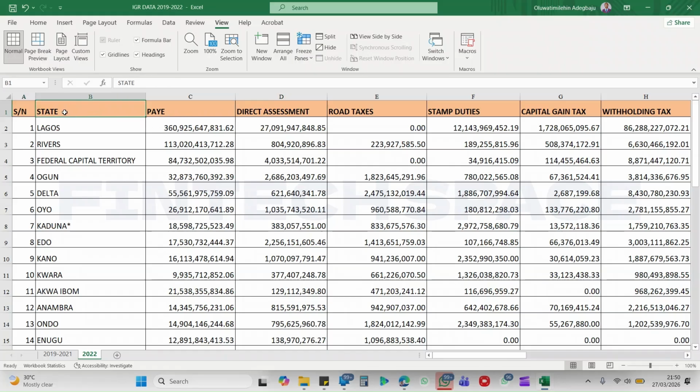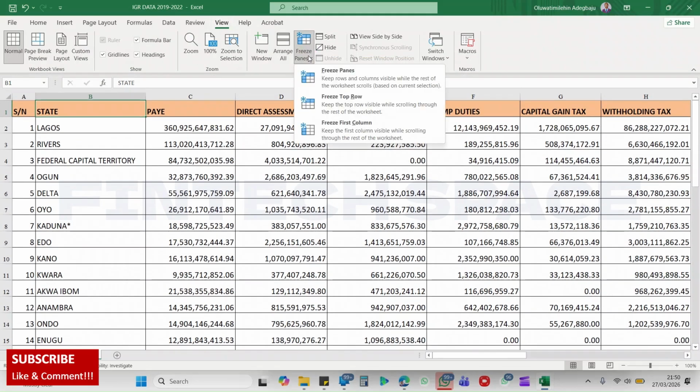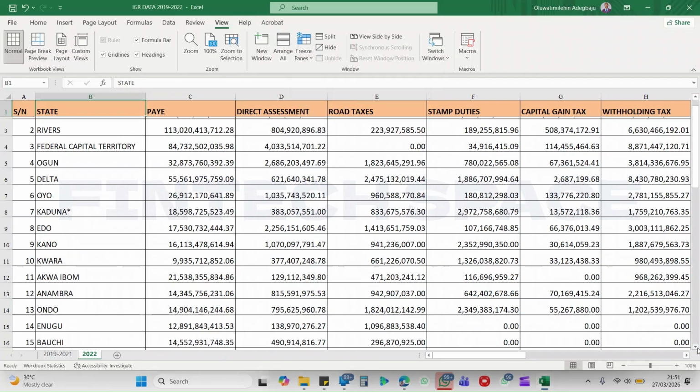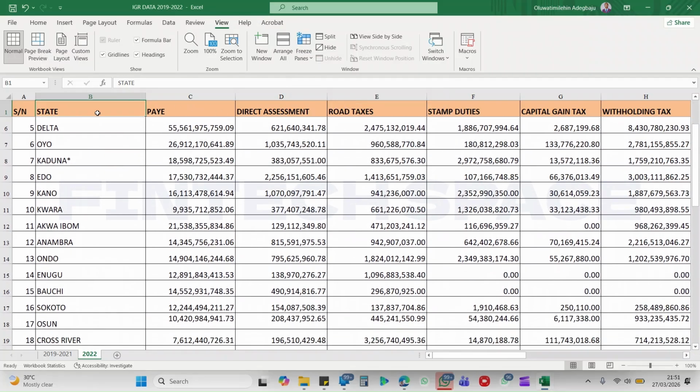Wherever you are, just click on the first row and then come to View. You click on View, just as I've clicked here. Come to Freeze Panes. Once you are there, click on Freeze Top Row. You've already clicked on the first row, and then click on Freeze Top Row. So now any scrolling you're doing is going to leave the top there for you, so you can see